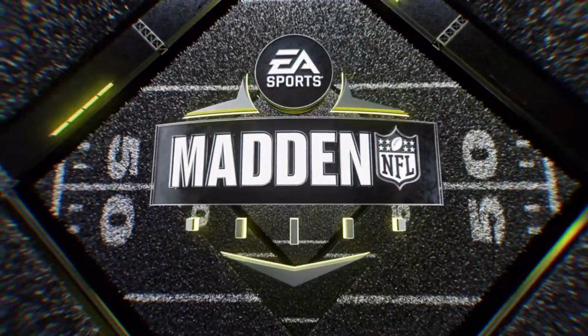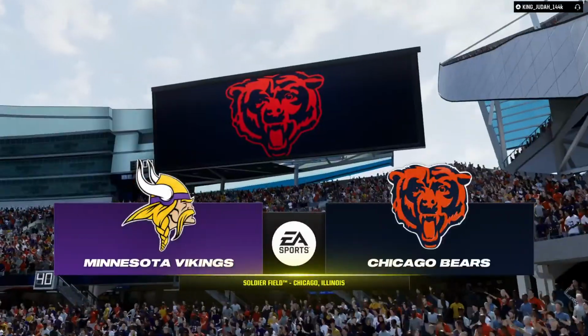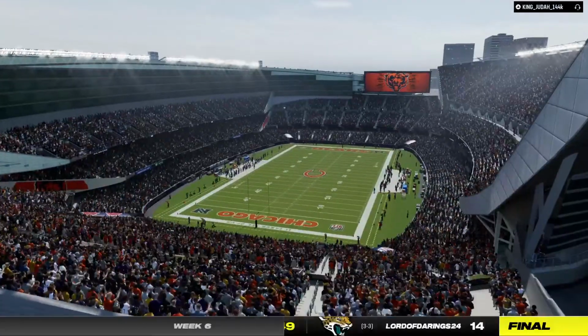They say summer is the time to live in Chicago. Well, that's extended into autumn as we are ready to roll under blue skies at Soldier Field. Today we